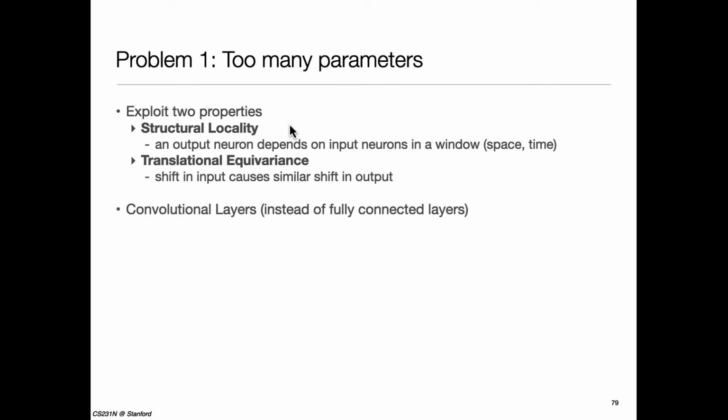So for example, let's say I'm looking at an image and there's a clock on the wall. The fact that it's a clock, that decision depends upon pixels which are near there and not some faraway pixel. In general, that's a reasonable thing to state. So what is happening in a scene or a waveform at any given point in time or space kind of depends upon values nearby. So that's the locality part, that an output neuron depends upon input neurons.